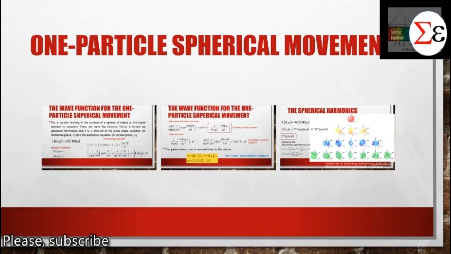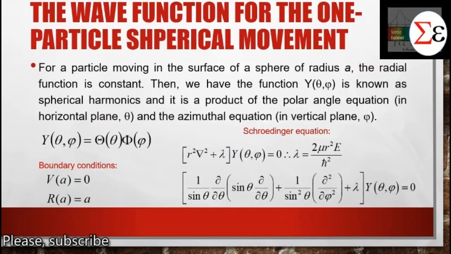Then we go to one particle spherical movement. The wave function for the one particle spherical movement is a particle moving on the surface of a sphere of radius a, which is a constant, and the potential energy is also 0 in this case, and the wave function is epsilon,